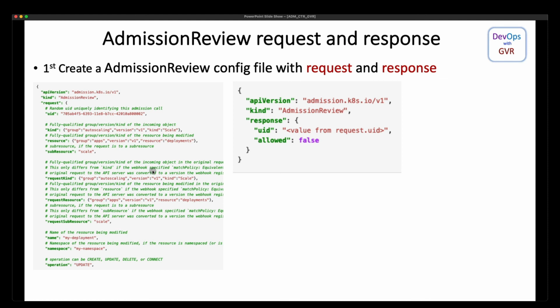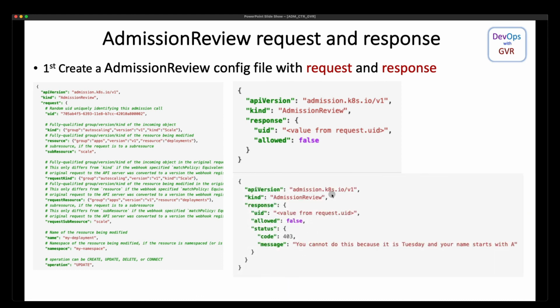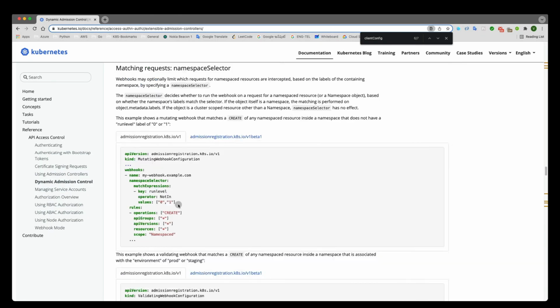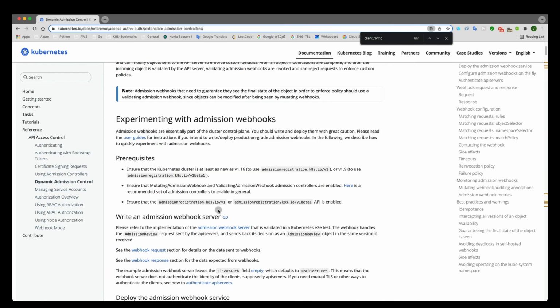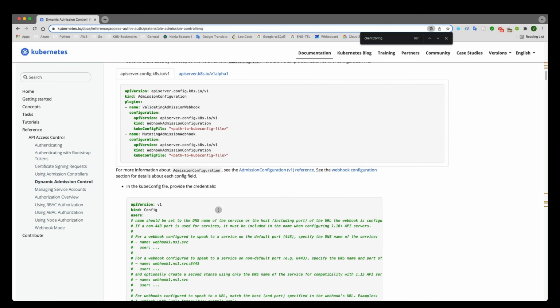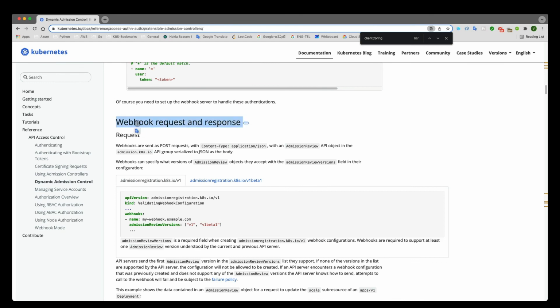Whether Python, Golang, or any code you develop for the container, you need to make a request accordingly in this format, as the documentation suggests. This documentation is very good and explains the webhook request and response.